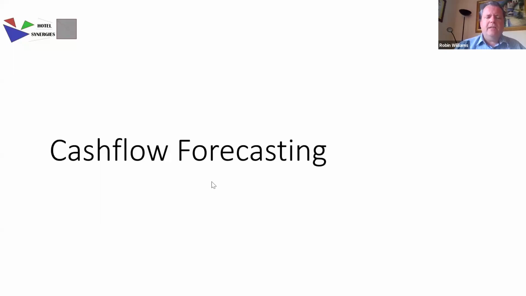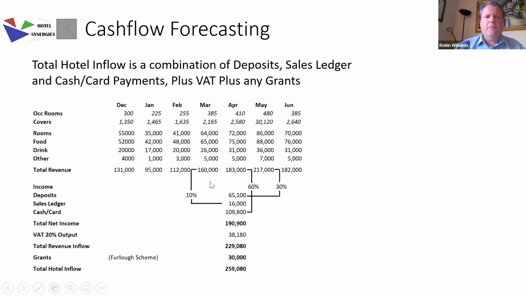So obviously the cash flow forecast, the most important thing is it needs to be based on a good revenue forecast. If you're using a budget, which actually is nowhere near what you're actually expecting to come in, you're not going to get a good cash flow forecast. And if you haven't got a good cash flow forecast of any sort, then you're not going to get good operation. I touched on the revenue forecasting in a previous video.